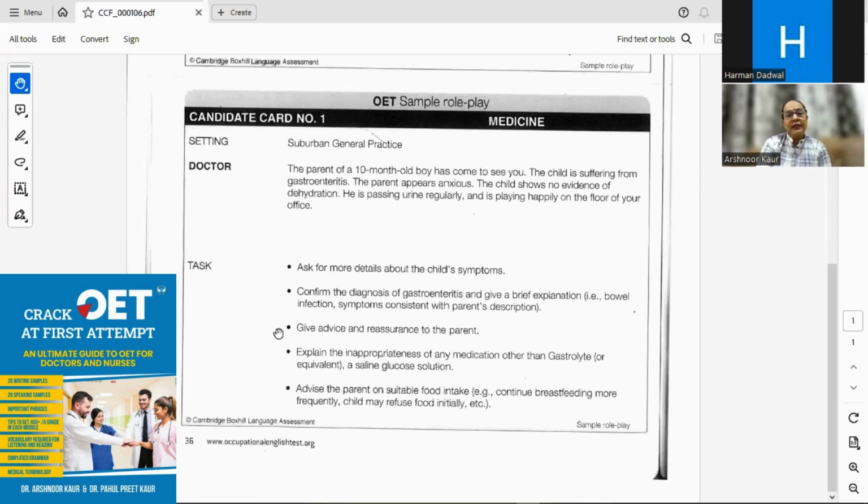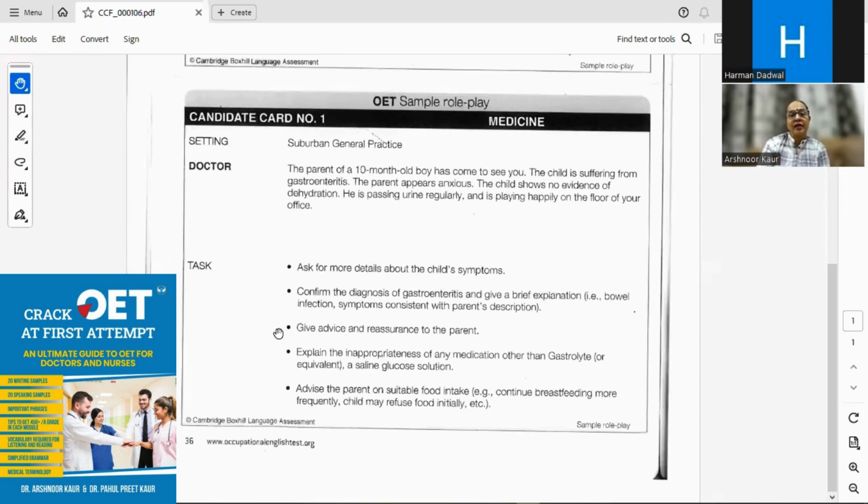In this case, it is more important to convince the patient rather than giving solutions to the problem, because the solution is not big, but the mother is more anxious and apprehensive towards her child. The main task of the doctor is to convince the mother by telling her the condition of the child and not preferring any medicine to be started at this time.